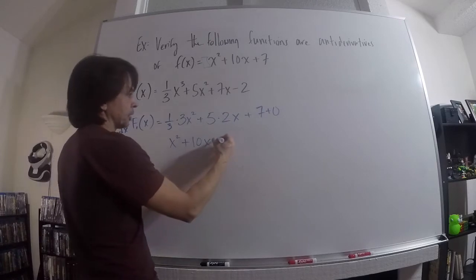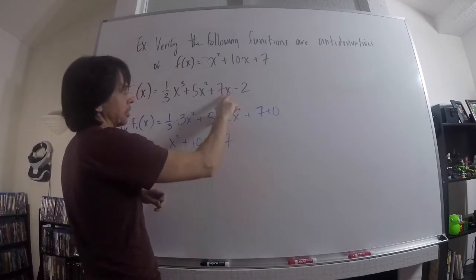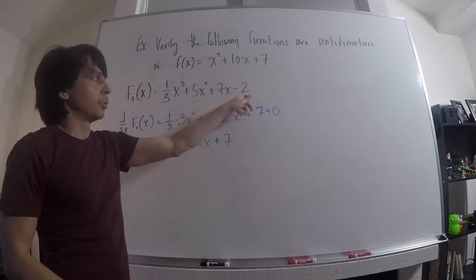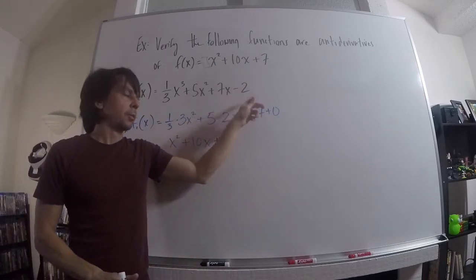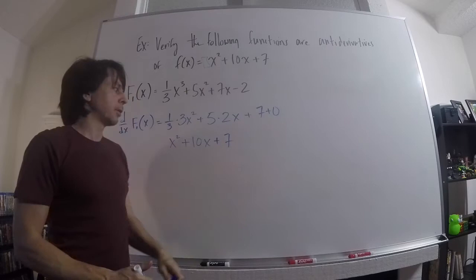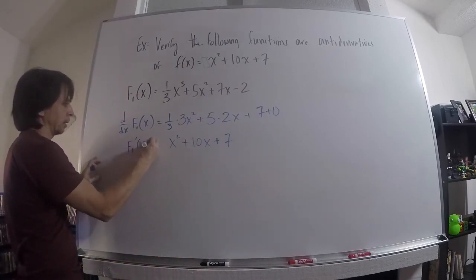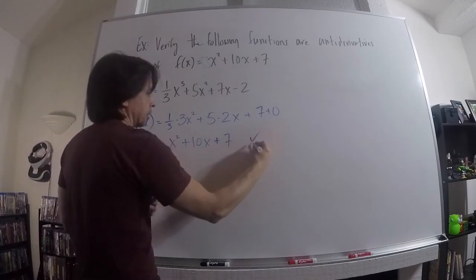And then plus 7 from that 7x, that's how I'm getting that 7 there. And then that constant negative 2, when I take the derivative, becomes 0, and it gets wiped out anyway. And so that's f1 prime of x right there. And that confirms